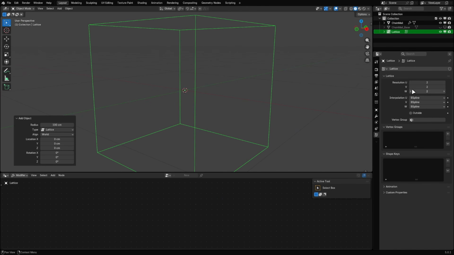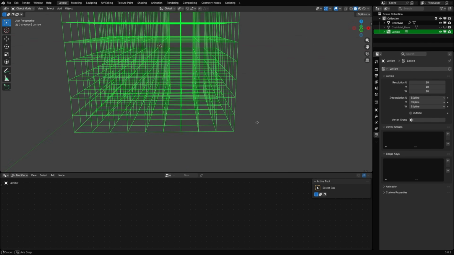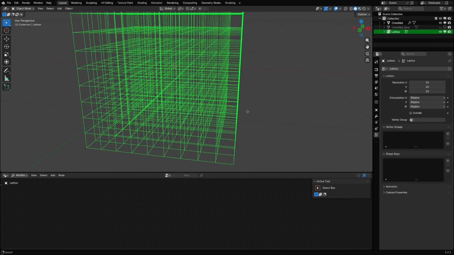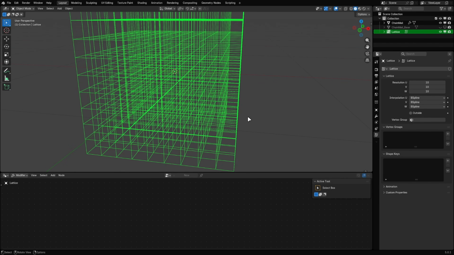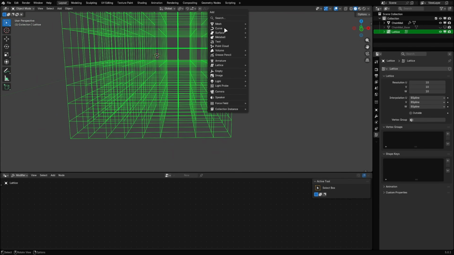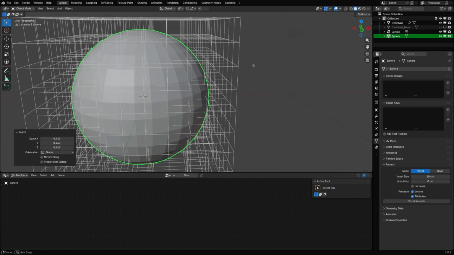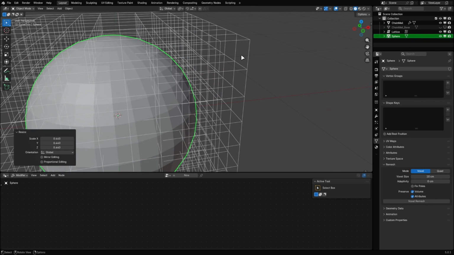And in the lattice properties, I will set the resolution to 10. And you can imagine that each little cube inside of this is a voxel. And when we're working with volumes, we're essentially asking how much of each little voxel is inside the mesh. So if we have an object that's inside, I'll add a sphere here, scale this down. You know, the voxel that's all the way here on the outside corner is not going to be inside at